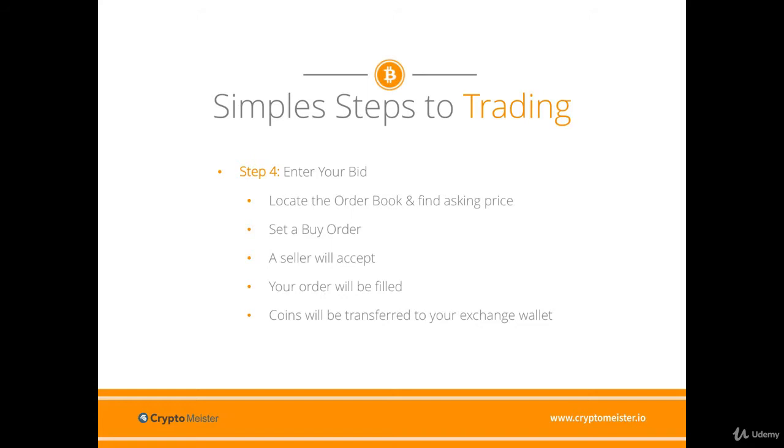Entering your bid is the same as buying coins, and it is a very simple process. You need to find the exchange's order book and the current asking price for the coin that you want to buy. If you set your bid, that is your buy order, for a higher price than the seller's price, or their lowest ask, your order will be filled quickly. If this isn't the case, you'll need to wait a little longer for your order. Once somebody accepts your bid, the order is filled and your chosen coin will be transferred to your exchange wallet.